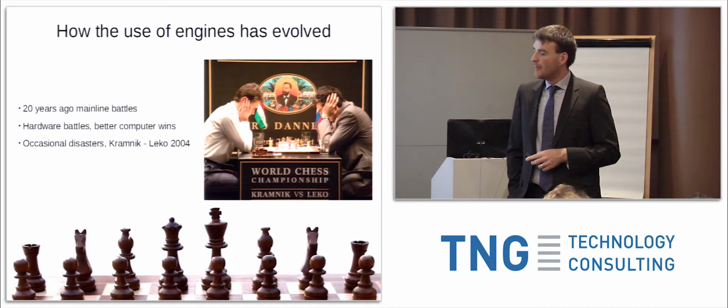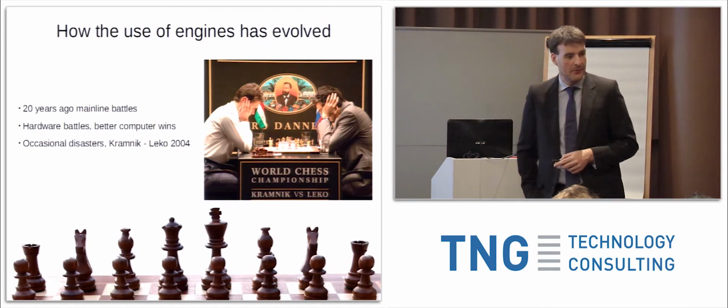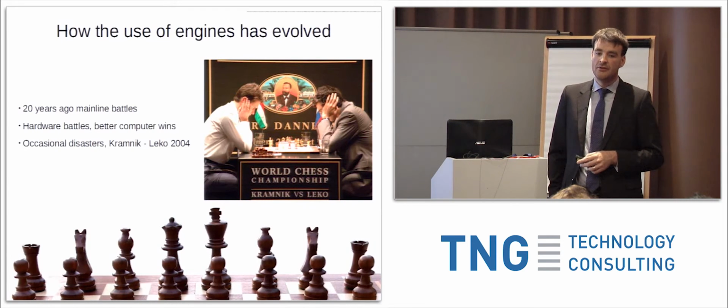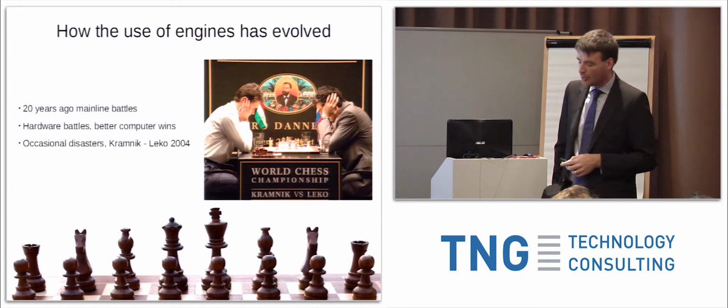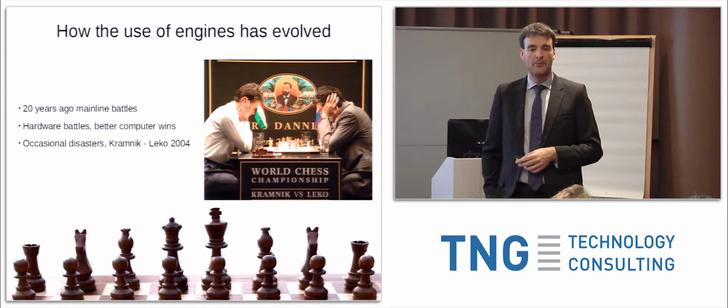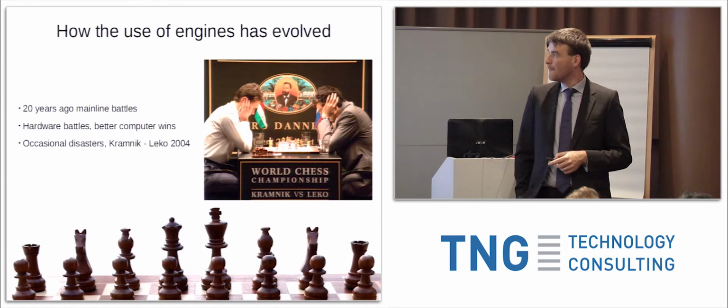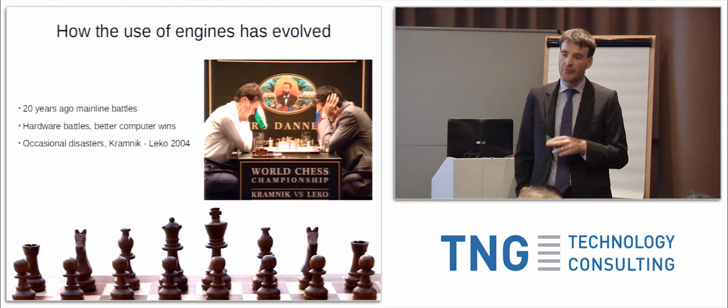Now, the use of engines has evolved. When the strong engines arrived on the scene 20 years ago, the top players had hardware battles. They were all trying to get access to the strongest supercomputers. Veselin Topalov, a Bulgarian former world champion, had a supercomputer in Sofia from the Bulgarian state that he could have just working through opening lines. It was a mixture of people trying to find the newest software, putting it on better and better hardware, going through all of the old established lines and seeing where there were mistakes,